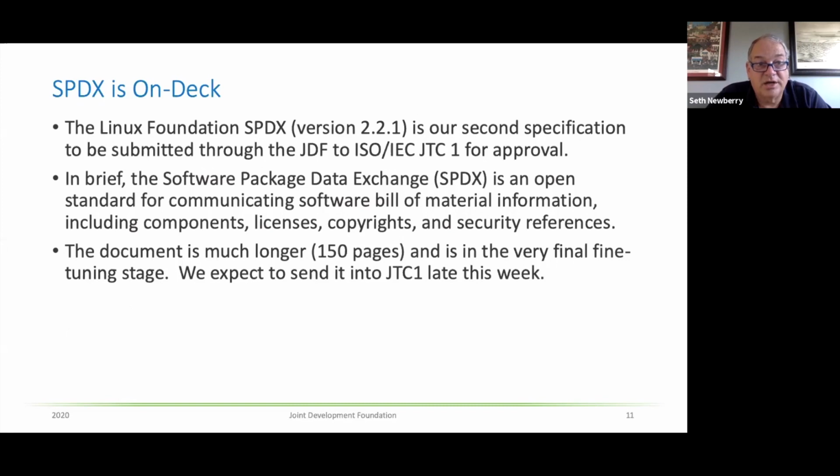This, in brief, is an open standard for communicating software bill of materials information, including components, licenses, copyrights, and so forth. It's a much longer specification, about 150 pages, and we are in the very final fine-tuning stage. We are literally dotting I's and crossing T's, and hopefully the last review session will happen on Tuesday. We hope to submit it to JTC1 late this week or early the following week. So that will be the next Linux Foundation product coming into the